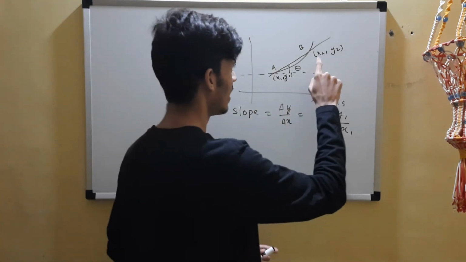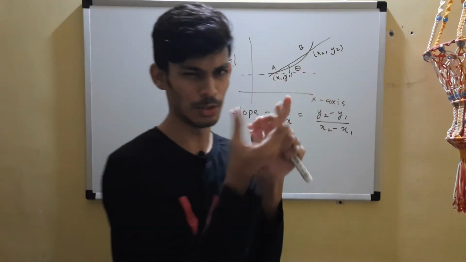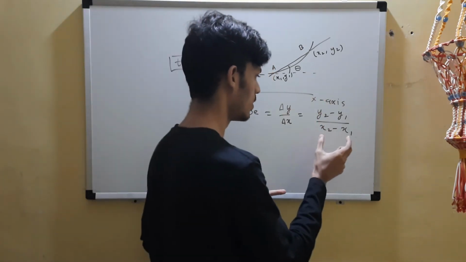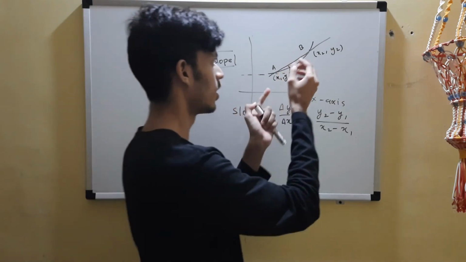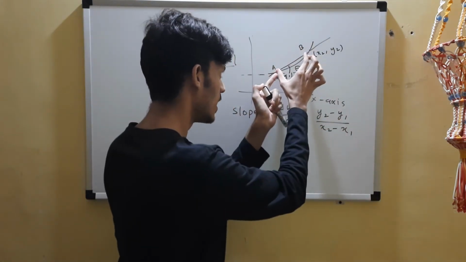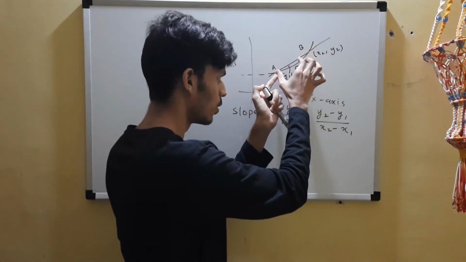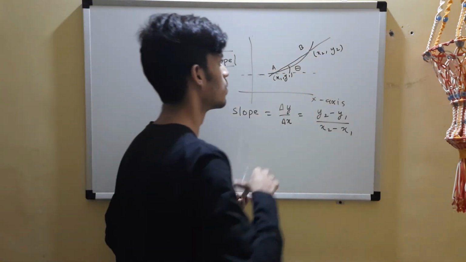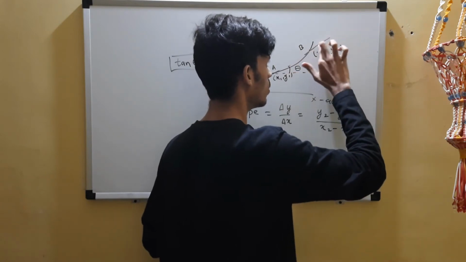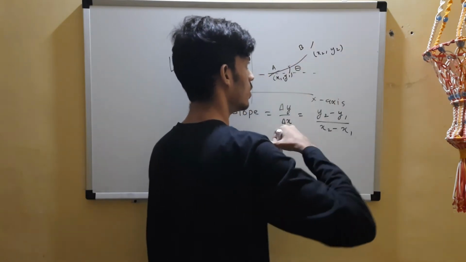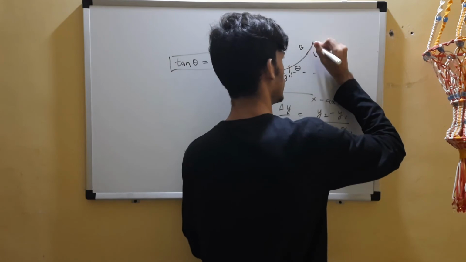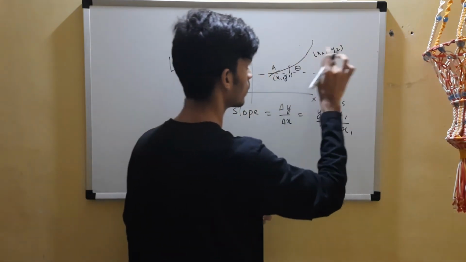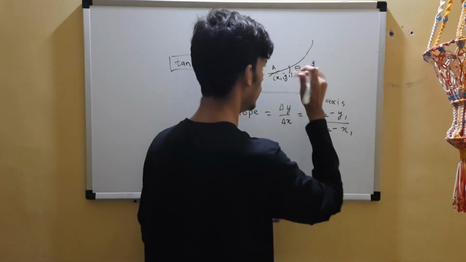We chose delta x smaller and smaller. We brought it very close to 0, so this difference should be very small. What do we mean by that? This b point should come closer and closer to a, closer and closer and closer. We are lessening the distance, delta x tending to 0. So we are reducing the distance.